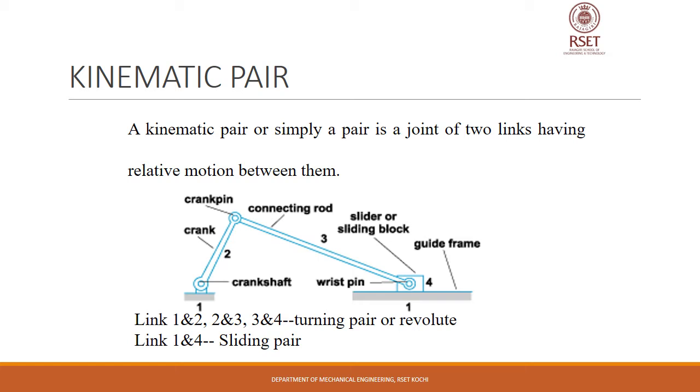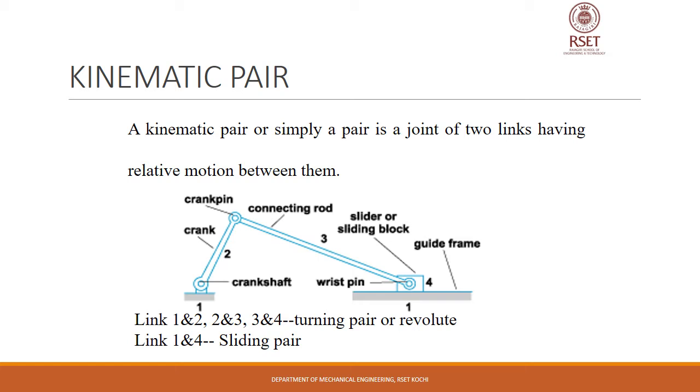So you can see the four links, or the four building blocks, or we can say four elements or four members of a slider crank mechanism. The first is the fixed link, or the frame to which this mechanism is attached. 2 is the crank, a rotating part. 3 is our connecting rod, and 4 is a slider. In case of an IC engine, compressor or reciprocating pump, it will be the piston. So 4 is considered as the piston, or sliding block.